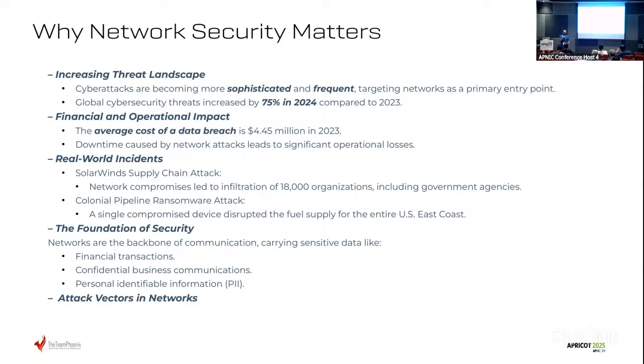So people consider cybersecurity as using antivirus and a firewall, that's all. But cybersecurity, or working in security, is not about that. Working in security is about people, process, and technology. So if we are concerned about why network security matters,